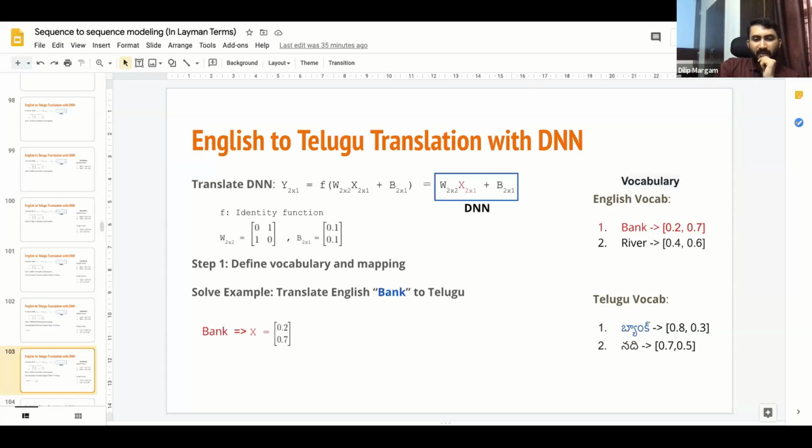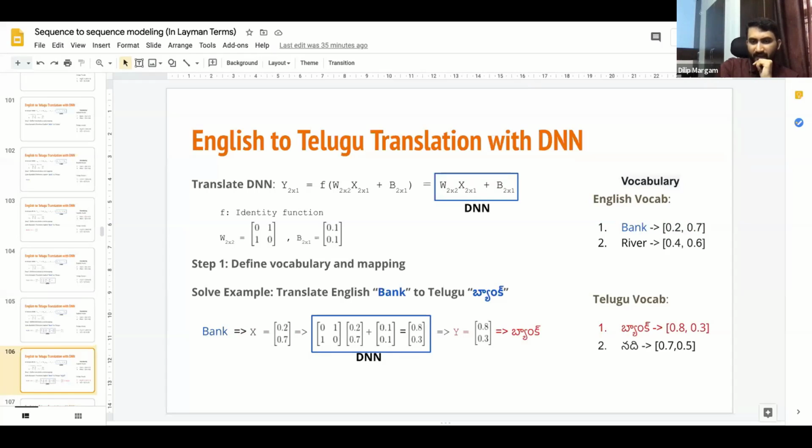Once we get this mapping, which will be x, we give it to the DNN, which is a function of Wx plus B. We do this Wx plus B matrix multiplication and addition to get our output, 0.8 and 0.3, which will be our y. Once we get y, we look at the output vocabulary and see what it maps to. Here 0.8 and 0.3 maps to bank.